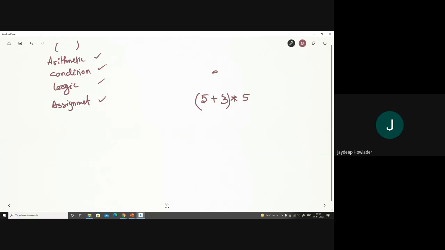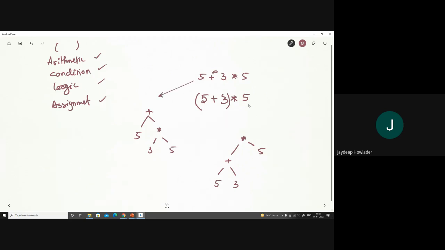So if we want to override a particular operator with a higher precedence, we make a parenthesis around the operations. The meaning is that we first perform the addition and then the multiplication. Instead, if I write the statement in this way, we first perform the multiplication and then the addition.